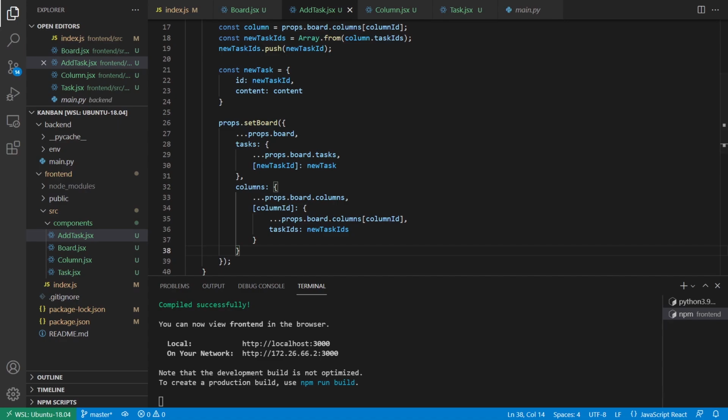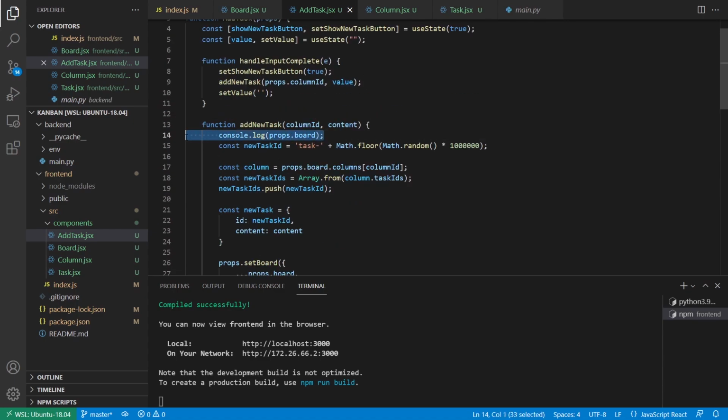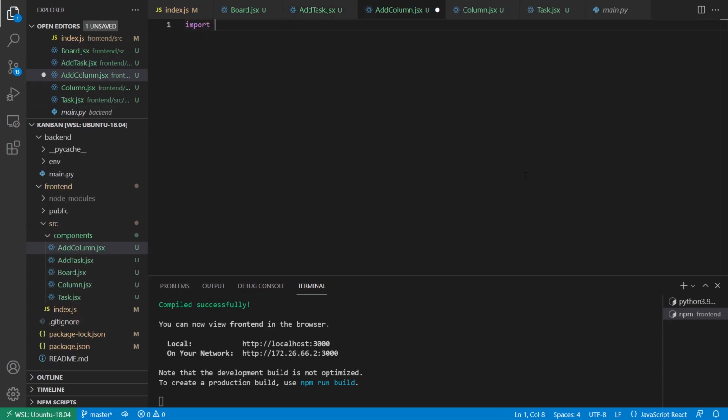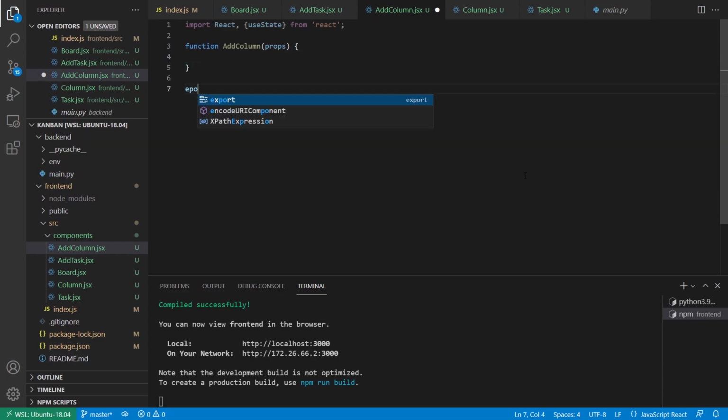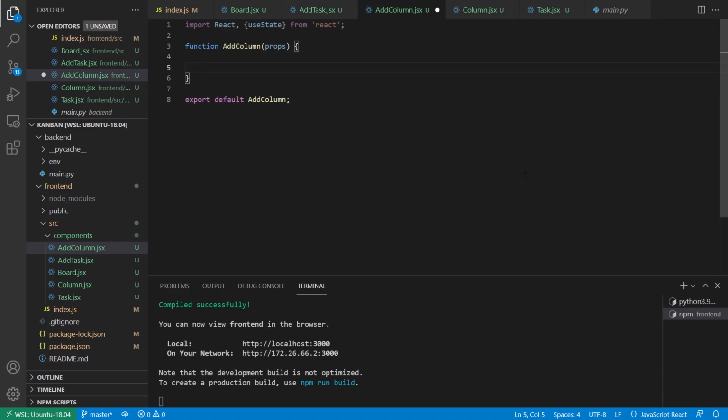And the next thing I want to do is I want to be able to add a column. So basically it's going to be very similar to this, but instead of adding a task, it's going to be adding a column. So let me take away this console.log and I'll create a new component called add column. So AddColumn.jsx, and then I'll import React and useState from React. I'll create the component, AddColumn. I'll export this. Okay, and then inside of here,